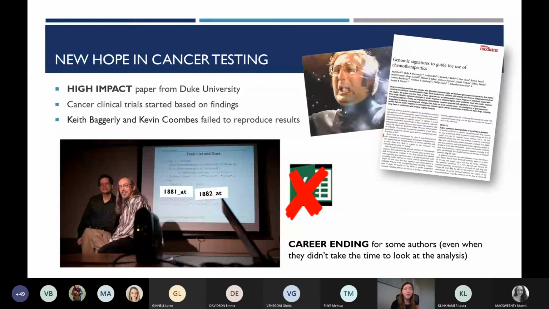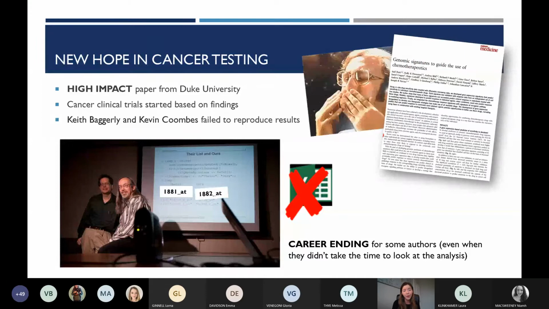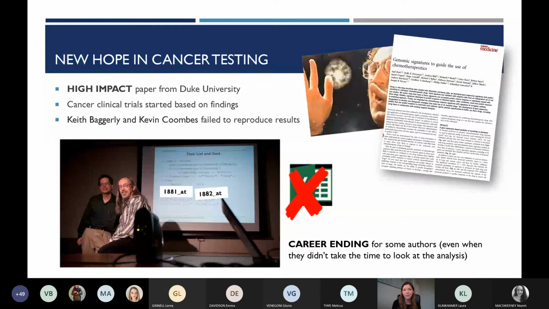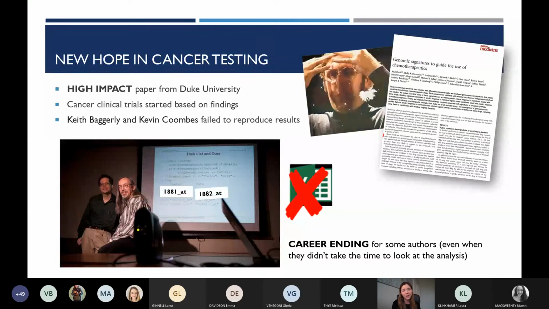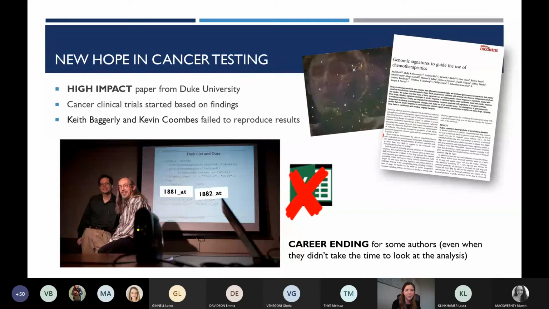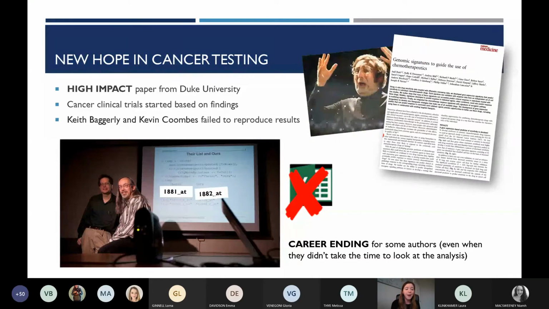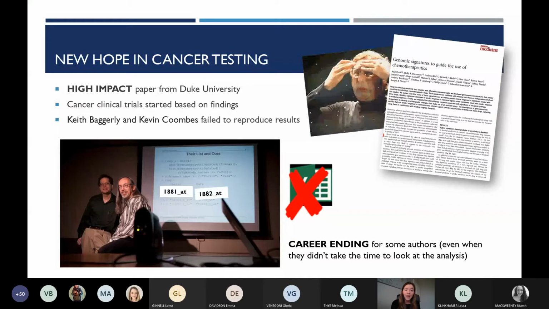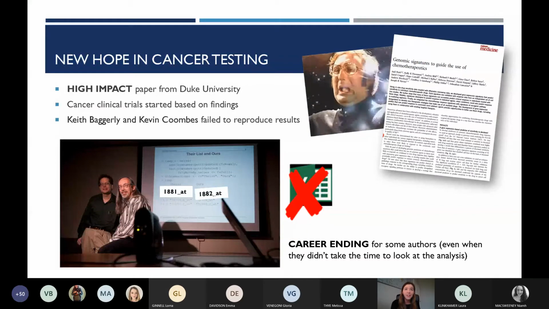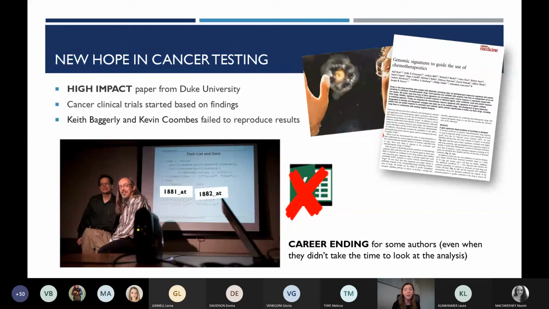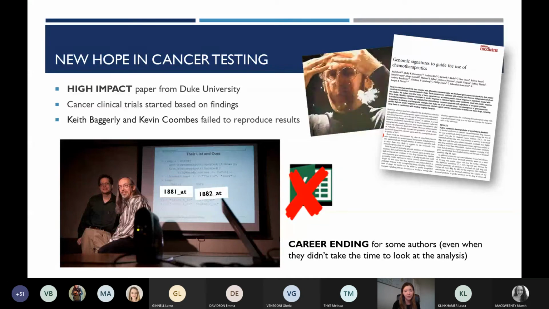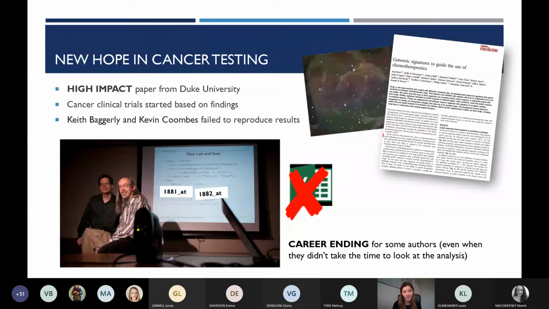There was a lot of back and forth with the original authors, who weren't that forthcoming about exactly the methods they'd used and weren't really sharing their whole data or their whole code. It was a bit unclear. But after an amount of time, Baggerly and Coombs realised there must be something wrong with the data, and tried to have a sort of forensic approach to look back and say what must have gone wrong to arrive at this data set or to arrive at these results.